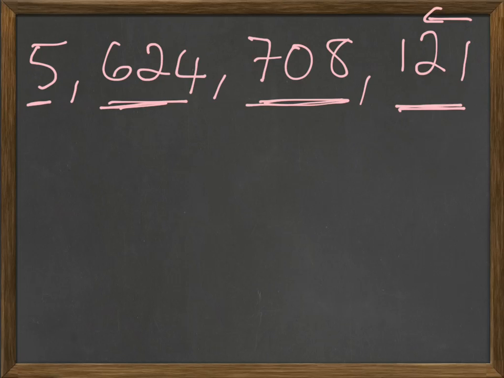So let's talk it through. We've got 5,624,708,121. So simple as that. Break it up into threes,